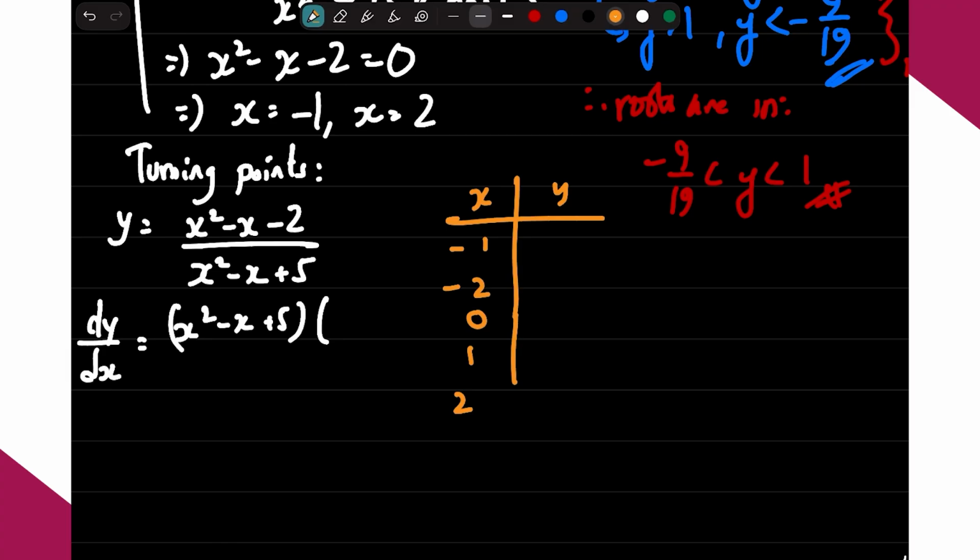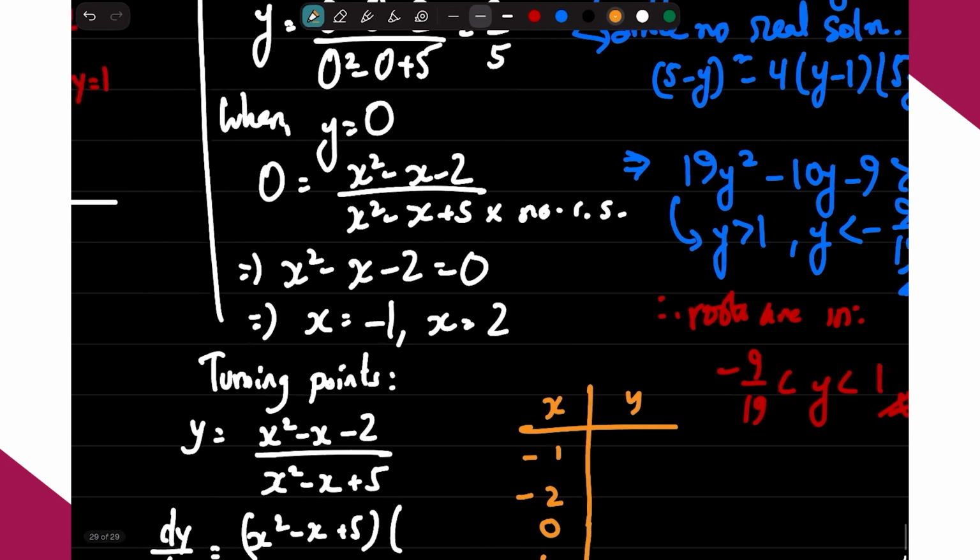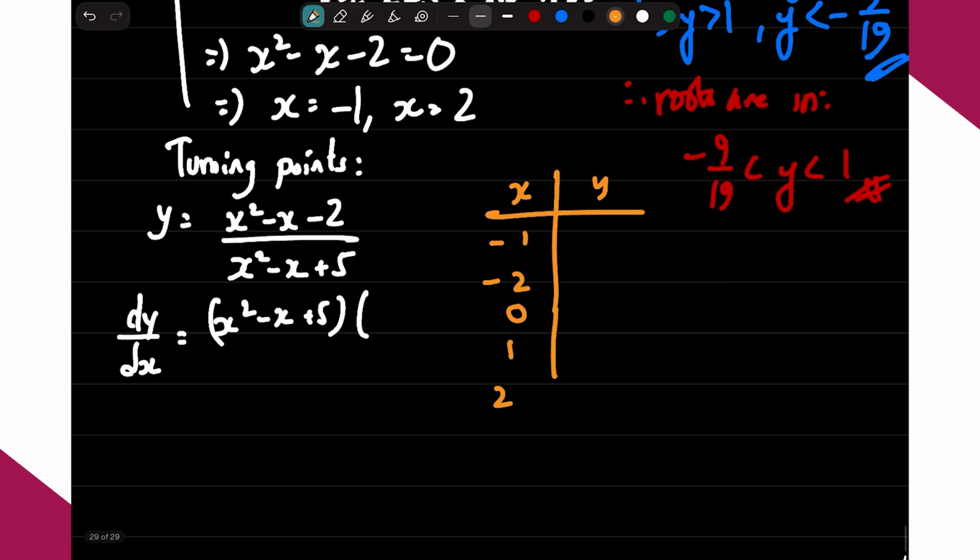So what we want to do is calculate. Okay, once you put -1, we already found out it's an intersecting point, so that's a 0. I'm sorry for that, I forgot about that completely. Then we want to put -2, and that's coming out to be about